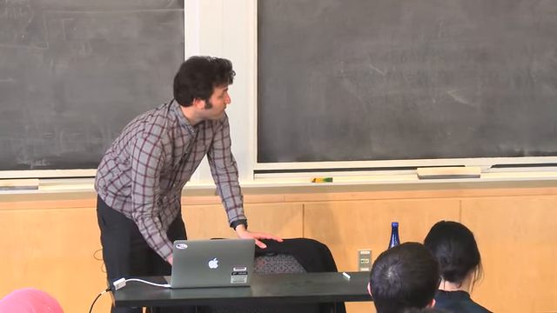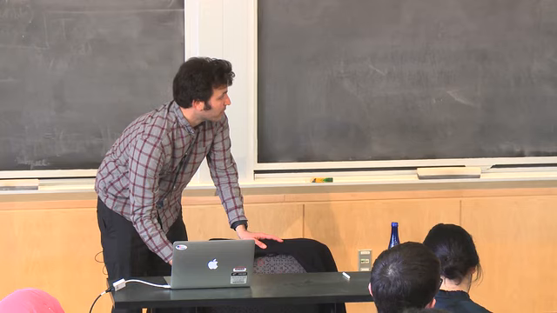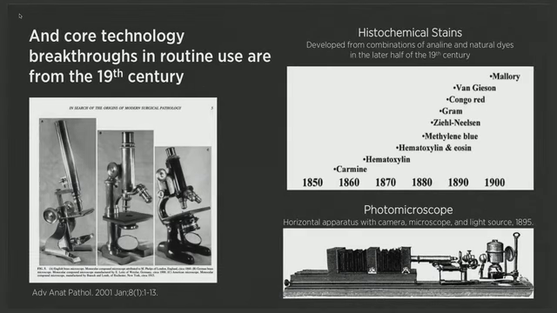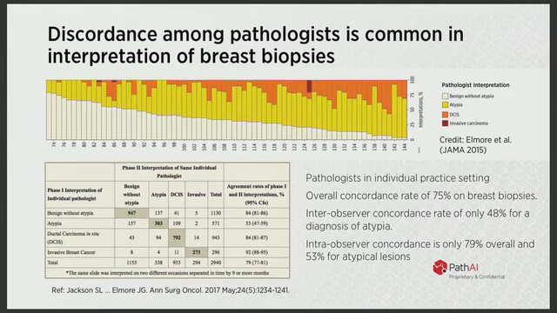So that was some of the work from 8 years ago, and none of this has really changed in practice. Everyone is still using glass slides and microscopes in the clinic. Research is a totally different story, but still 99% of clinic is using these old-fashioned technologies, microscopes from technology breakthroughs in the mid-1800s, staining breakthroughs in the late 1800s, like the H&E stain is the key stain. So aspects of pathology haven't moved forward at all. And this has pretty significant consequences.